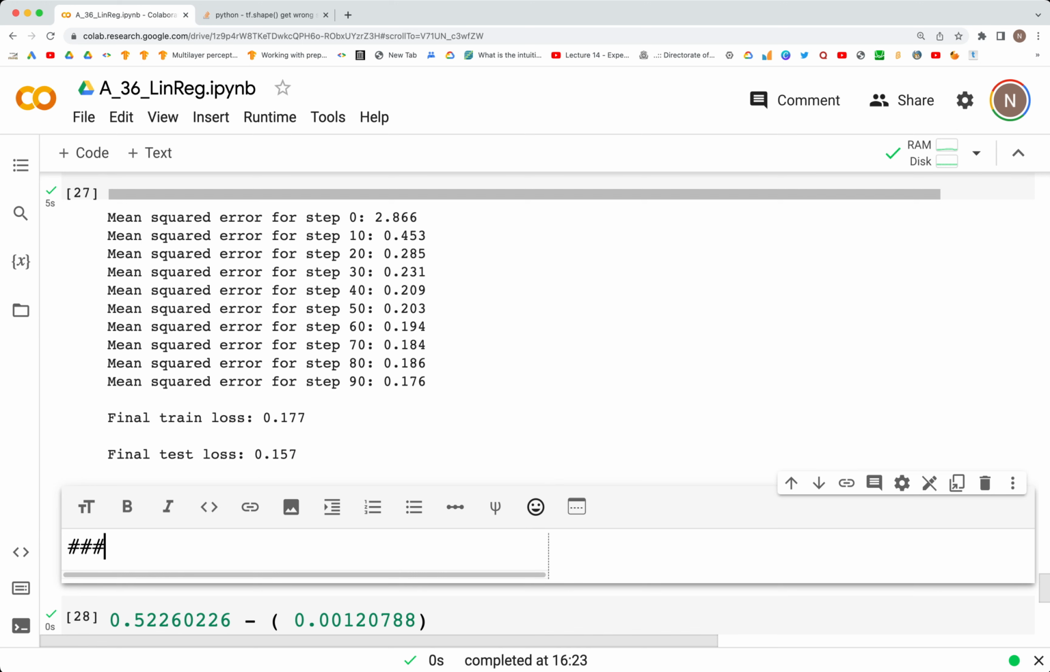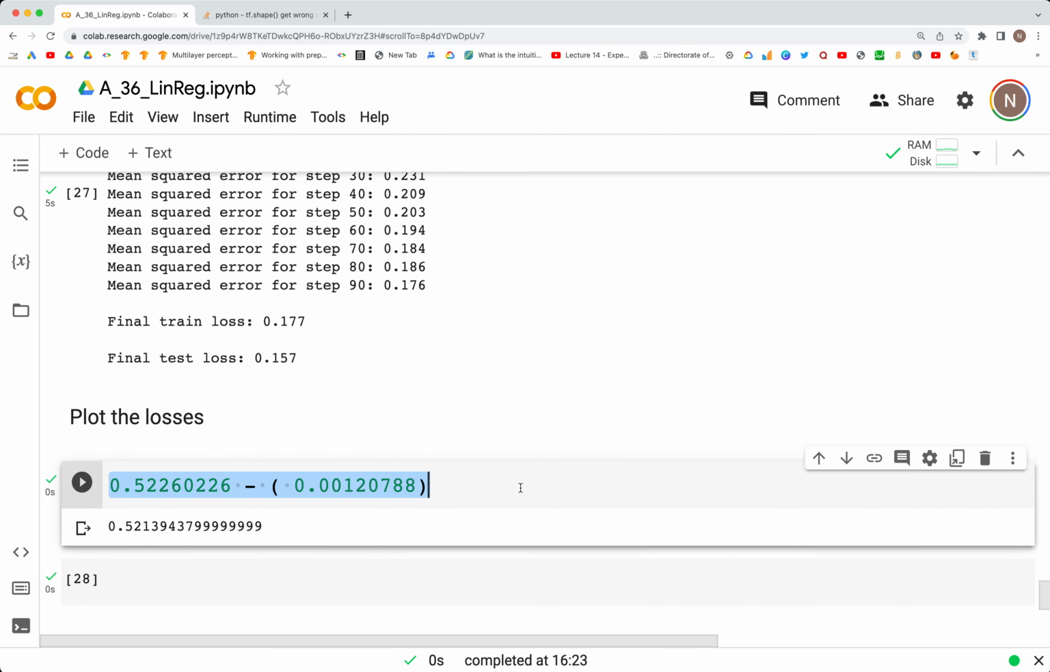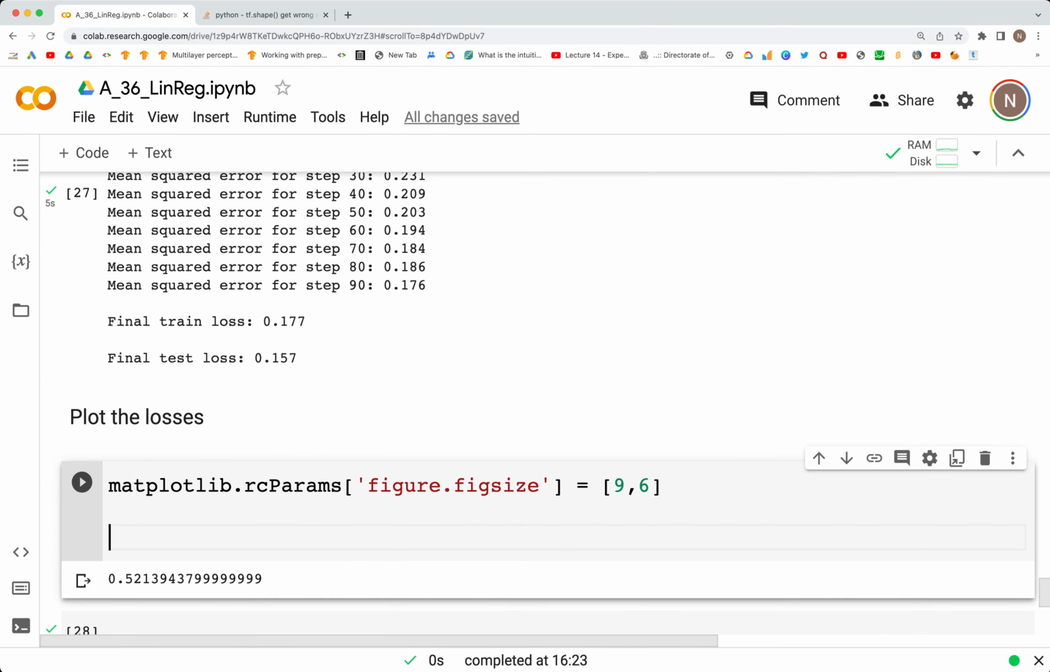So I'll create a heading, plot the losses, and here we'll use the matplotlib library, matplotlib.rcParams, and we'll set the figure size. There are different ways to do this. Here we'll follow the method that's in the docs. figsize is equal to square brackets, so the figure is 9 by 6, and we say